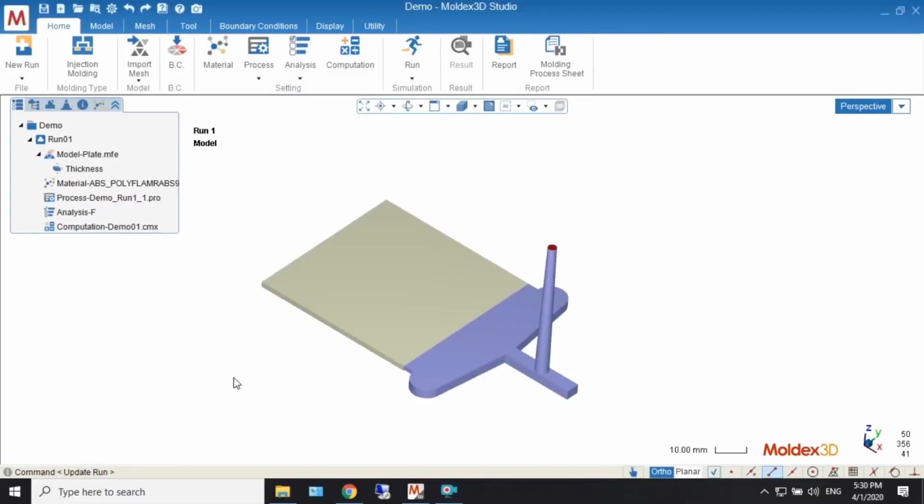Today I would like to show you how to create a DOE simulation in Moldex3D, which is our new function in Moldex3D 2020. And in order to create a DOE simulation, first we need to have a reference run, which you can see